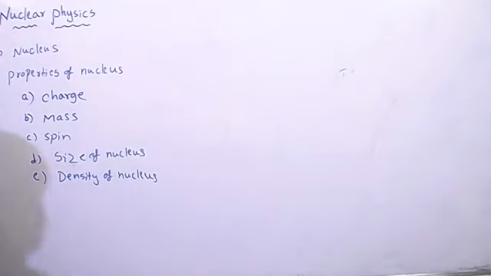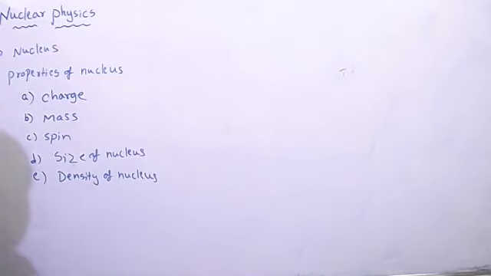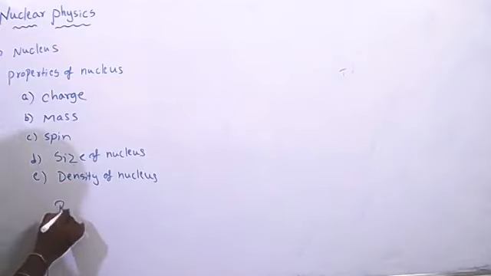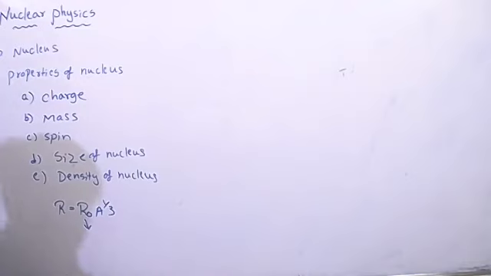So we have to take the mass, which I explained there, and the volume, 4/3 pi r cubed. In the r place we will get r equals r naught A to the power 1 by 3. Here r naught is also one of the constants, an empirical constant that I have given, 1.2 into 10 to the power of minus 15. That value I also gave.